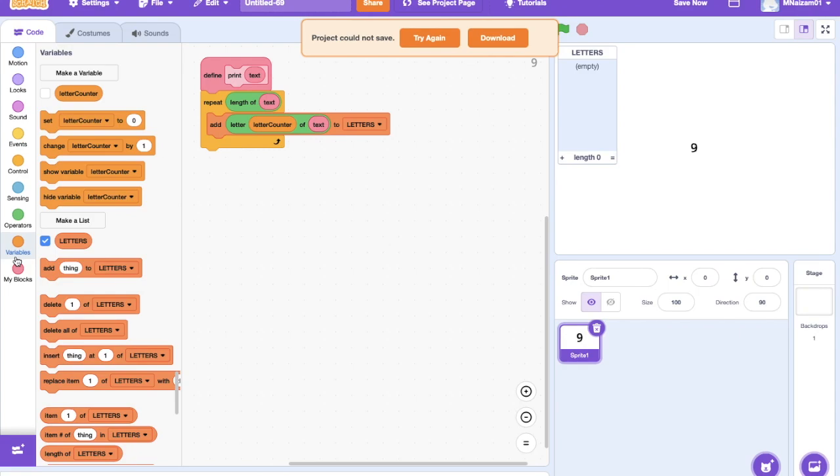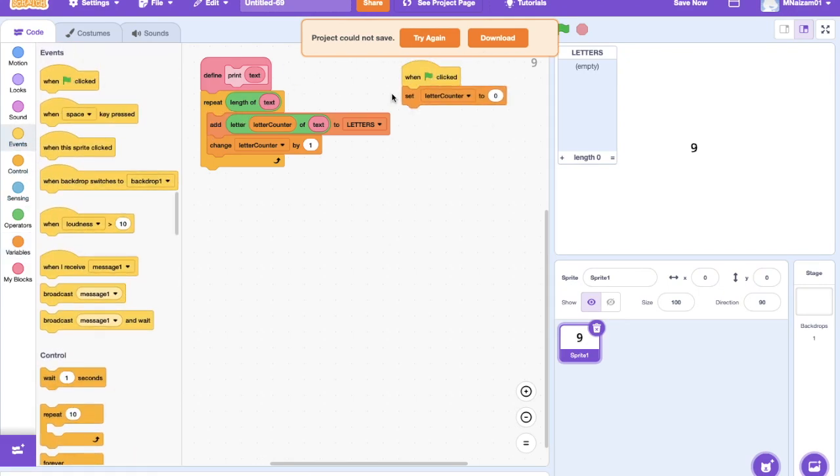And then what we're gonna do is we're gonna change letter counter. Okay, don't mind that. Just change letter counter by 1, and then when flag is clicked, we want to set letter counter to 0. And then I'm just calling my thing text engine because it's a text engine. So